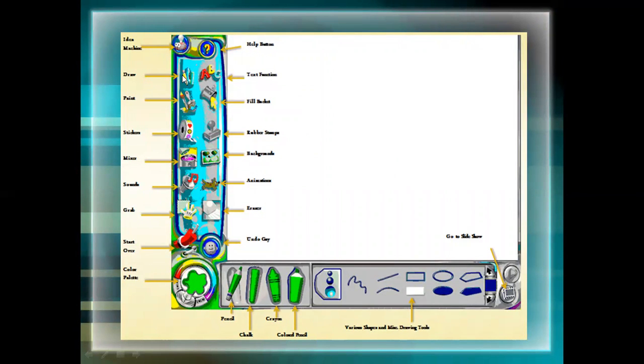This is my KitPix window. So this is draw, and we learned in the last class that when I click on this draw window, what will happen? Pencil will come, chalk will come, crayon, colored pencil. Different sizes and different shapes will come. We can draw a lot of shapes, a lot of figures with the help of our pencil.